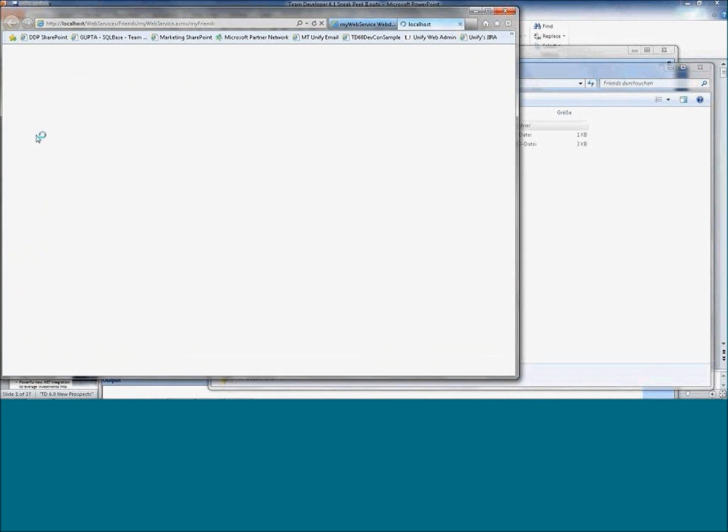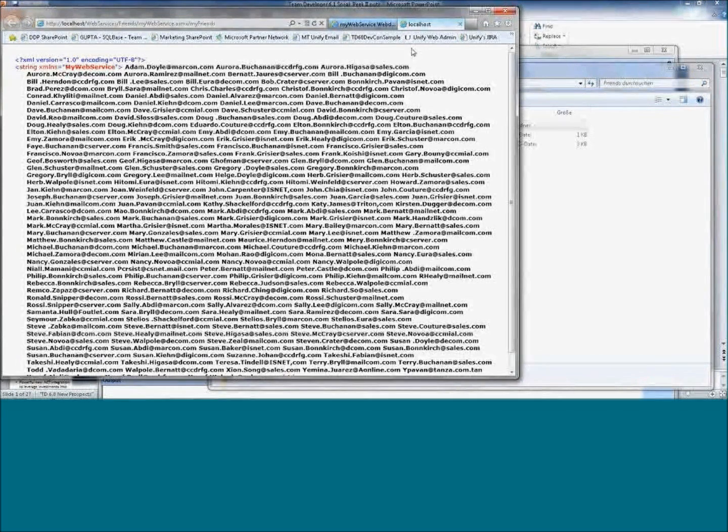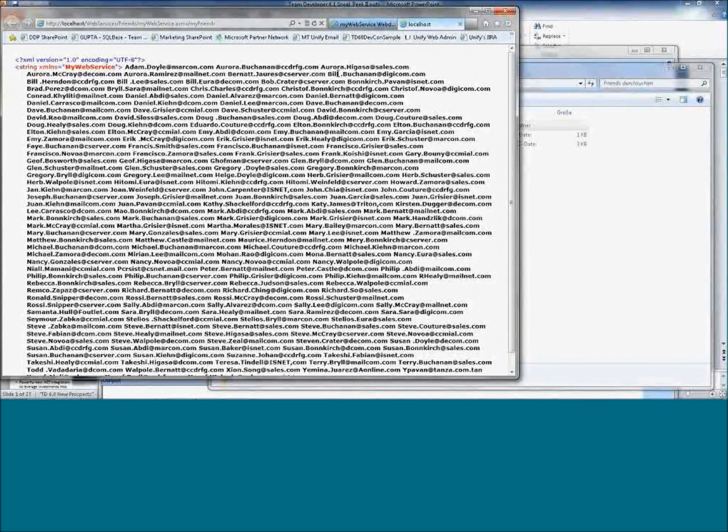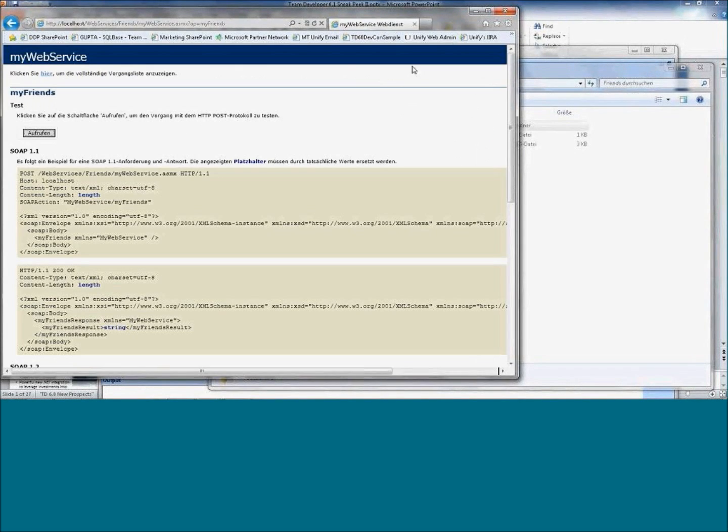If I call it here, then it opens another tab of that browser, and what you see here is the return string from the web service, which is all the email addresses from the contacts table. That's what I have programmed in Team Developer. So this is the testing here, and now what I really want to do is create an application that calls this web service. And in this case, I create a Team Developer application,